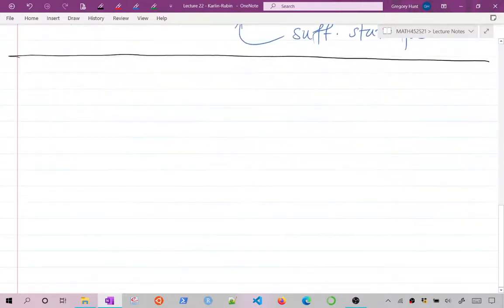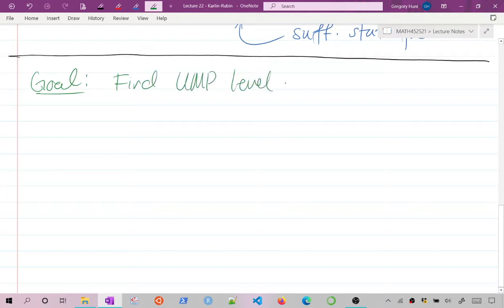So to set ourselves up for that, let's just review the bigger picture here. Our goal is to find the UMP level alpha test. And if we have a simple hypothesis,